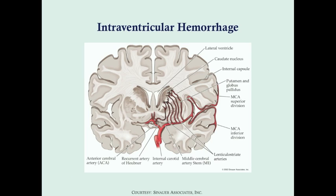So an intraventricular hemorrhage is pretty much always seen in preterm infants, and the basic problem is that there was a cerebral dysregulation of blood flow, and the most fragile part of the brain is the germinal matrix. The germinal matrix is a developing part of the brain, very fragile, and the cells are full of mitochondria, and those mitochondria require a lot of oxygen. And so, if you don't get enough oxygen to the brain, this is going to be a part that dies off very quickly, and so you'll get programmed apoptosis, and the result of that is going to be necrosis of